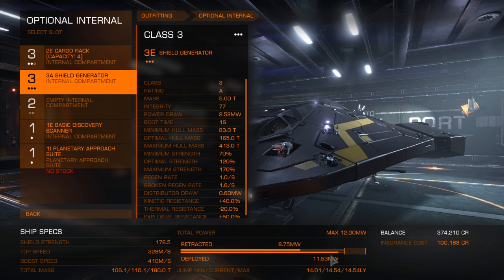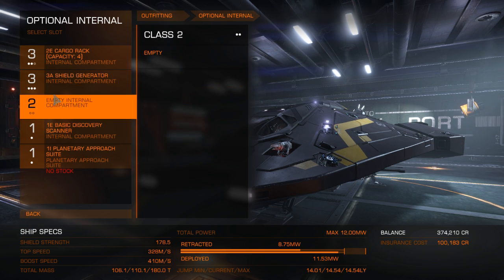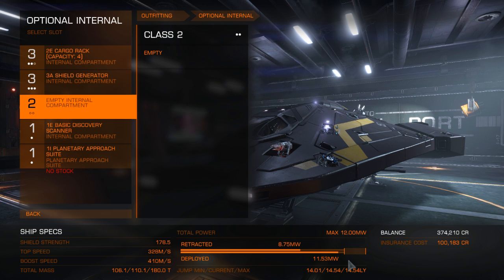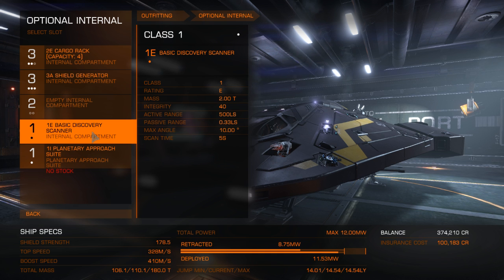Now if you look, we're getting very close to the power. So if we'd gone for an A, what do we call it, the kill warrant scanner, we'd be over now, so we'd have to shut something down. So basic discovery, and these things,